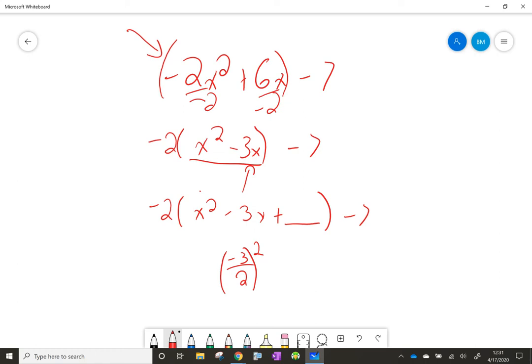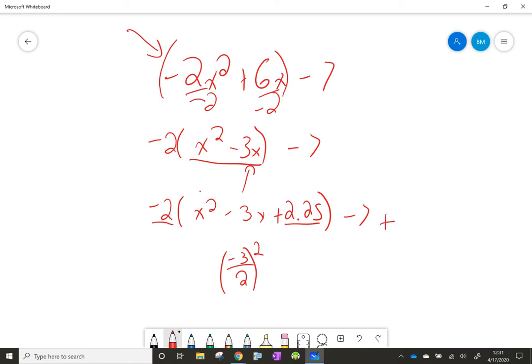We get 2.25. So we're going to take 2.25's twin brother, subtract it from over here. Actually, sorry about that. We're not actually going to take the 2.25. We have to double the 2.25 because negative 2 times that 2.25 is going to need that. So we're actually going to add,